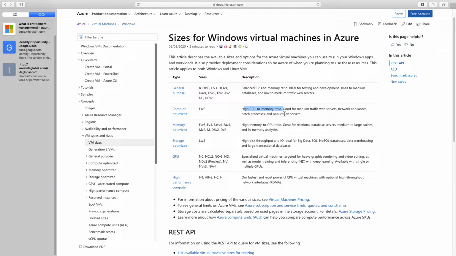Then you need to decide which application you need to run on the VM. As an example, if I need to make this VM a domain controller, I prefer to use the FSv2 series, in which I have a high CPU to memory ratio. However, if I have a requirement for running a database on this, then I would probably look for memory optimized or storage optimized. So this kind of decision you need to take based upon what it provides,